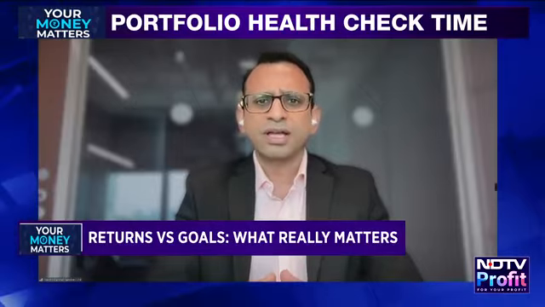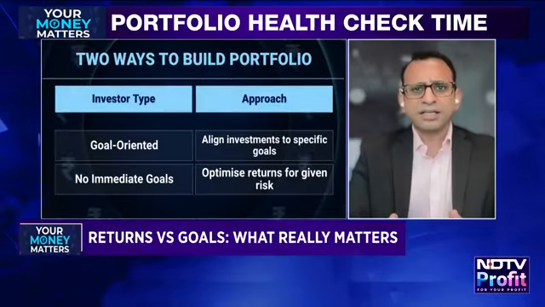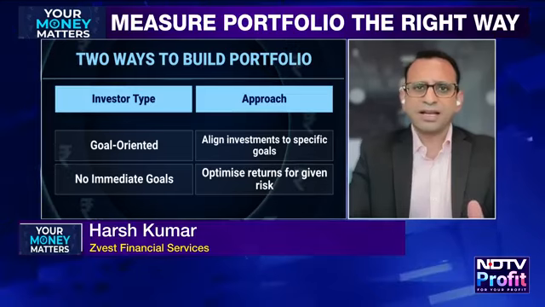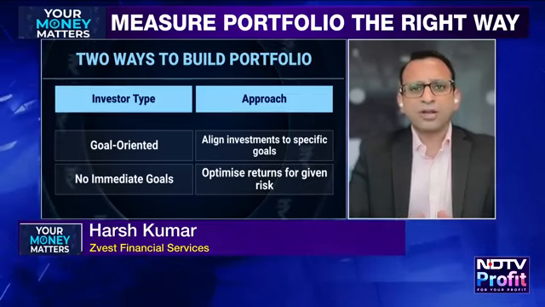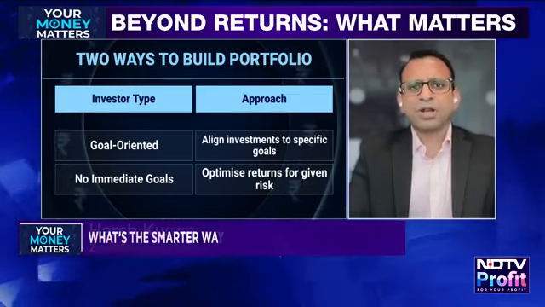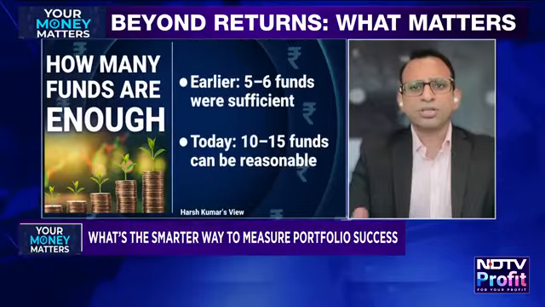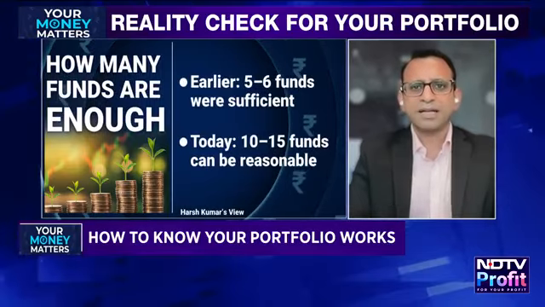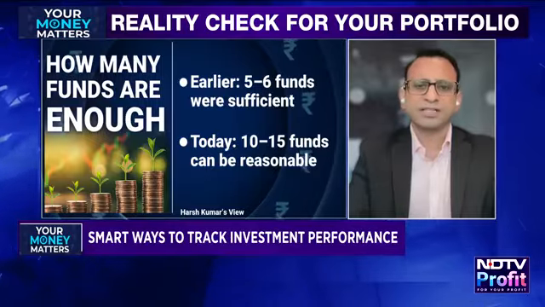If you would have asked me this question 10, 15, 20 years back, I would have said that 5 to 6 funds are good enough to do justice to the portfolio. And the reason is, in those days the funds were not true to label. So you could take one large, one mid, one small, and one debt fund or one hybrid fund, and you could get diversification, because beyond these funds, you would have a large cap fund with a mid cap overlap, a mid cap fund with a large cap overlap, and those kinds of things.